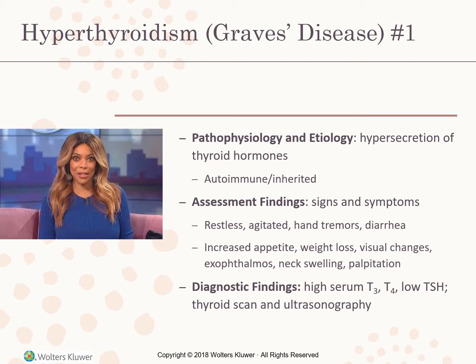Visual changes such as blurred or double vision can develop, and exophthalmos, which is seen in clients with severe hyperthyroidism, will result from enlarged muscle and fatty tissue surrounding the rear and sides of the eyeball. So as you can see in this picture on the left, her eyes jut out a little bit. So that is what is called exophthalmos. So neck swelling caused by the enlarged thyroid gland is often visible. And if you look on page 896, table 50-1, it compares the signs and symptoms of hyperthyroidism and hypothyroidism.